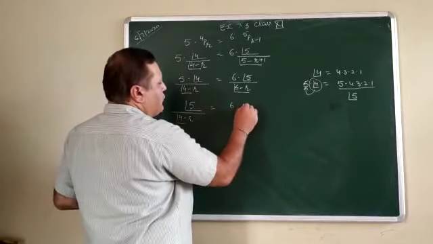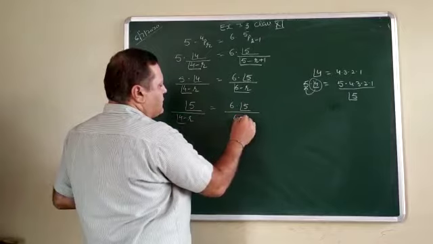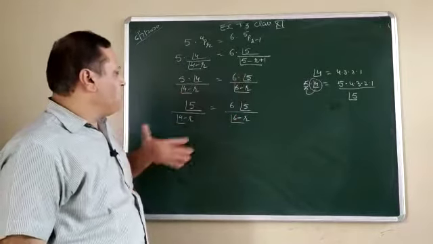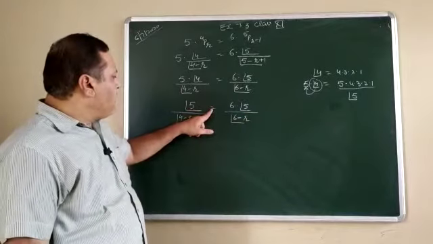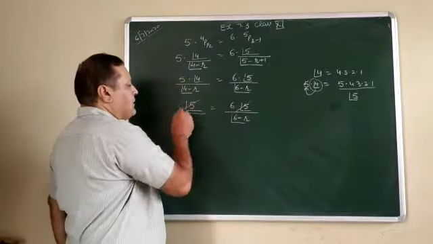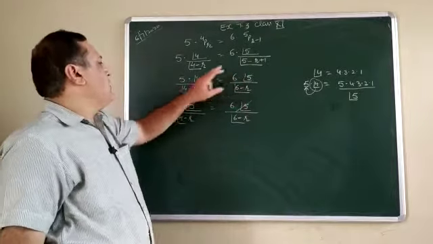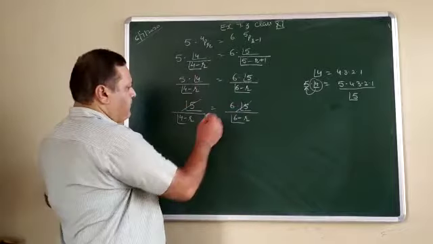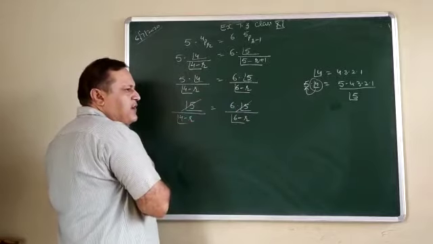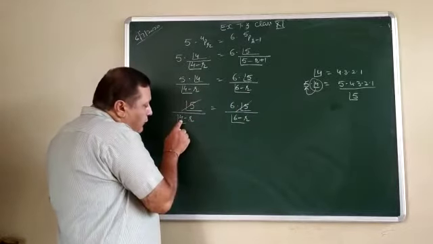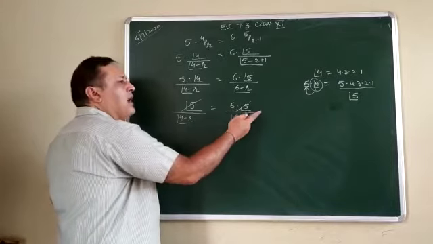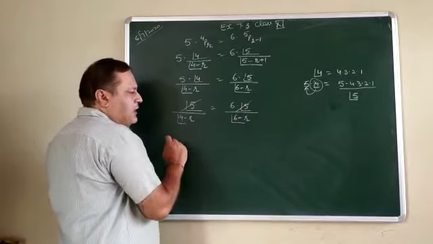It is 4 minus r factorial on the left, and 6 into 5 factorial upon (6 minus r) factorial on the right. If I want to change 5 factorial into 6 factorial, we can, but there is no use, because the equality shows that this 5 factorial and that 5 factorial get cancelled. Due to that, I have changed only one side. See, this gets cancelled. Now it is 4 minus r and 6 minus r. Which has the larger value? From 4, r is subtracted, and from 6, r is subtracted, so definitely this one is the larger value.